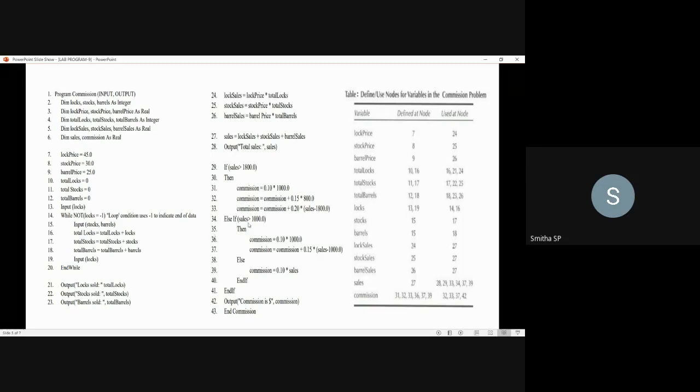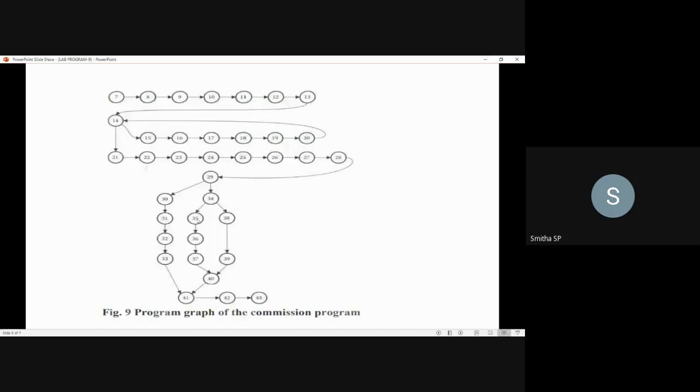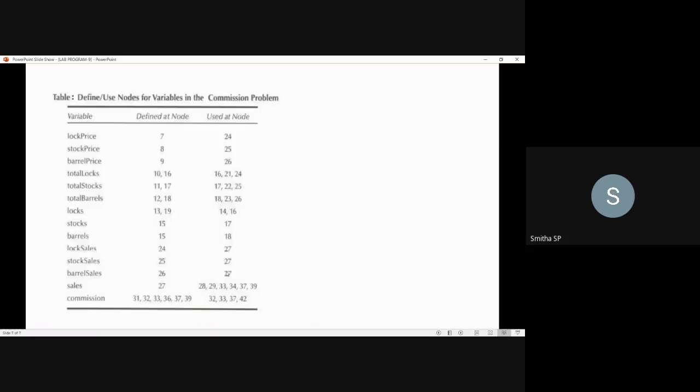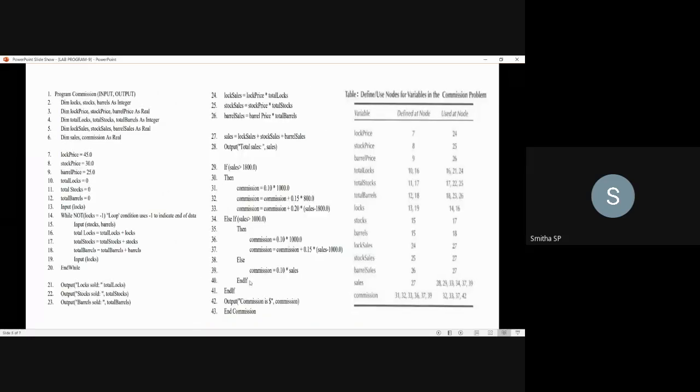Whereas when the else if statement is false, from the 34th node the control flow flows to the 38th. Okay. So here you can see from 34th, two possibilities. One is to the 35th node and the other one is to the 38th node. From 35th to 37th, you are calculating the commission based on this value, and from 38th to 39, you are calculating the commission based on the 38th statement. Next, from 37th to 39th, both the controls are moving to the 40th node. So here the 40th node, you know that it is an end if.